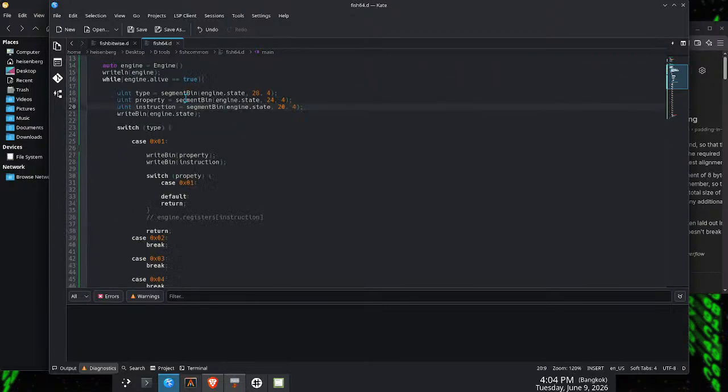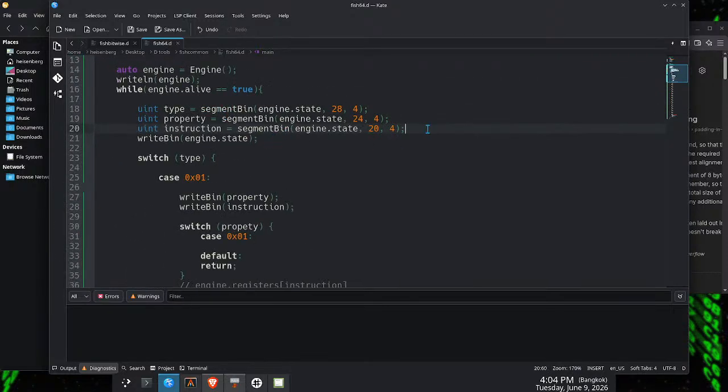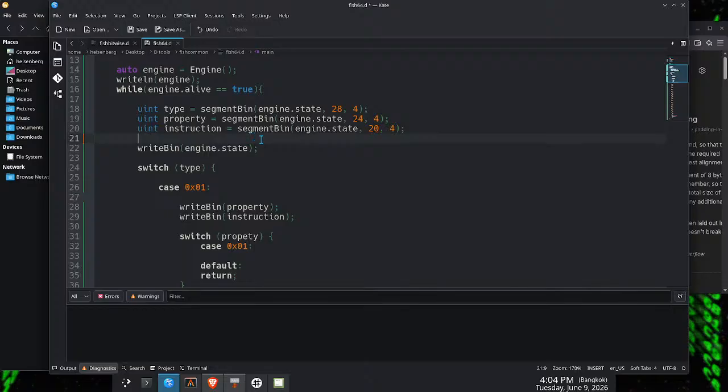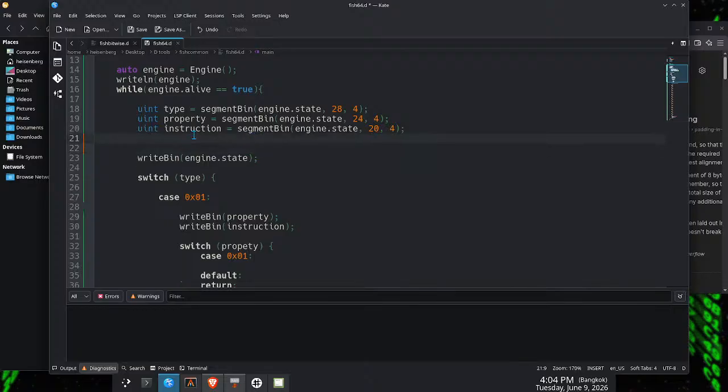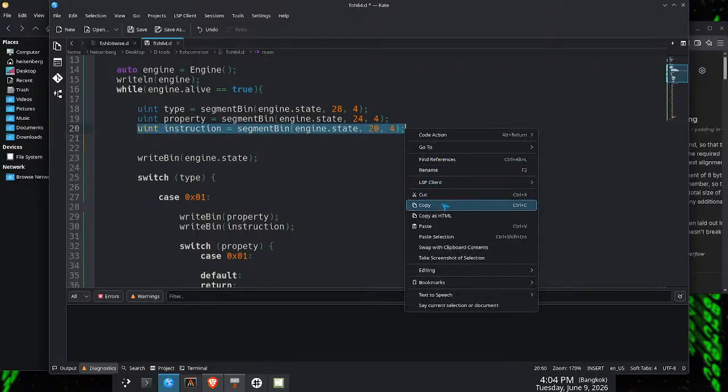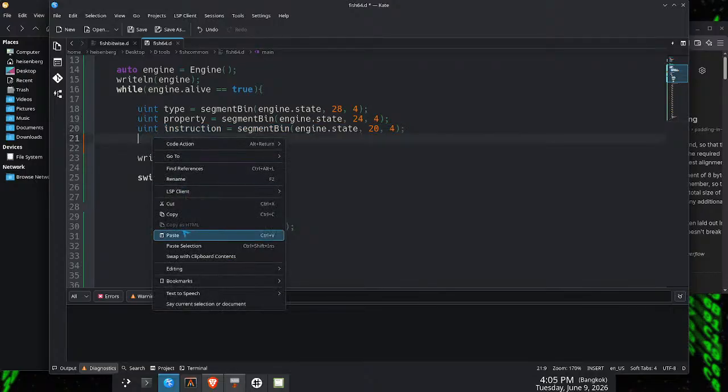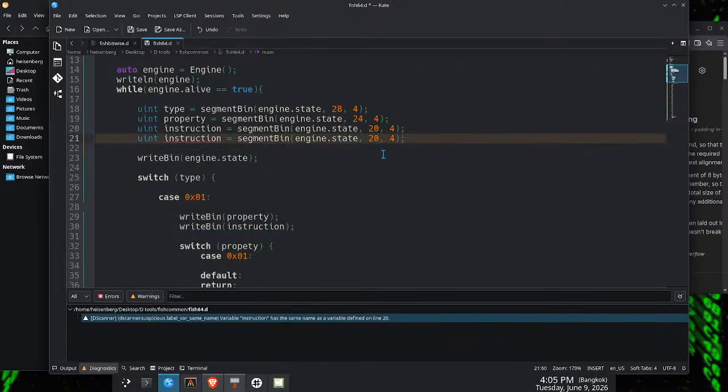I think that would work better to put them out here, and then another uint for the current. Copy that, paste it right here. We want that to be,